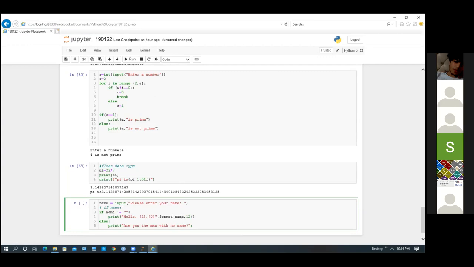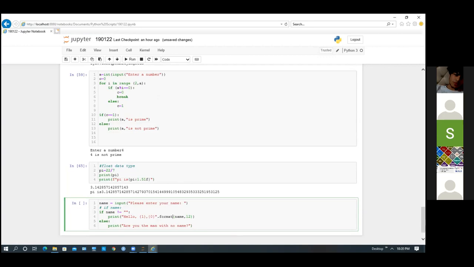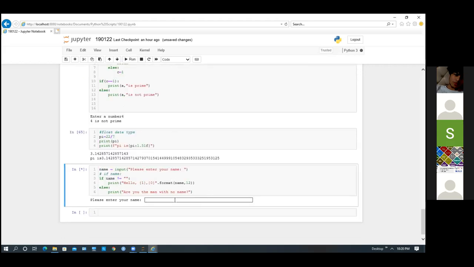While using dot format, we can modify a value inside a string. How it is being done, you will understand. So we are writing, please enter your name. If name not equals to blank, hello, then I have written 1,0 dot format name, 12, right? So if I run it, suppose I am writing here Zaid.